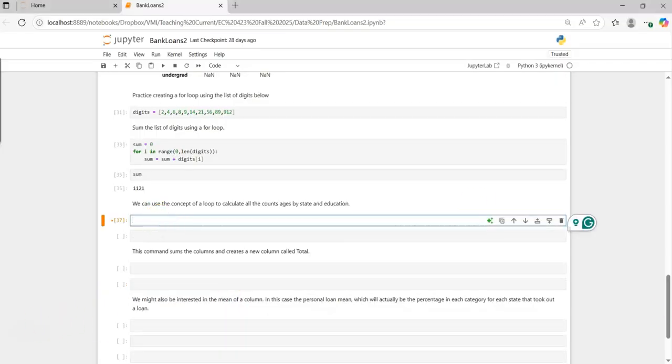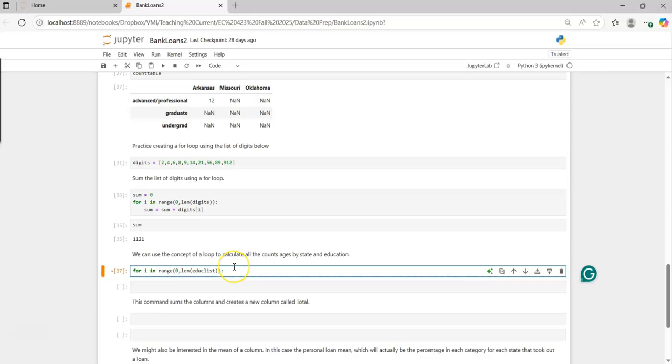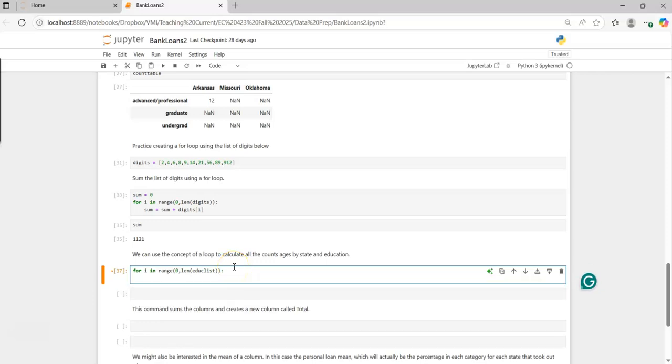If we want to do it for the Arkansas column, we'll need to do it separately for each of the education levels. So we have a list of those. So what we can do is create a range from 0 to the length of the education list. And then we can sum up in each case the number of personal loans in each education level, but only for the state of Arkansas. So the way we can do that